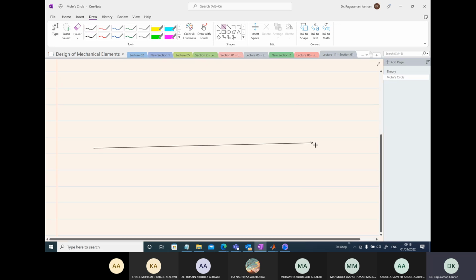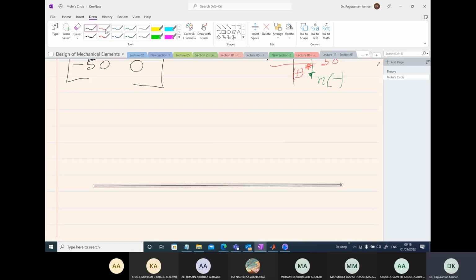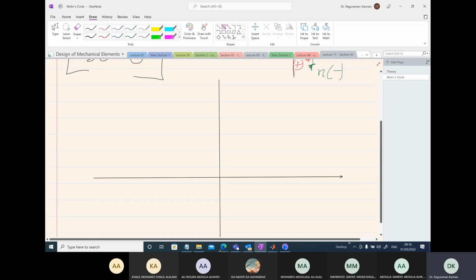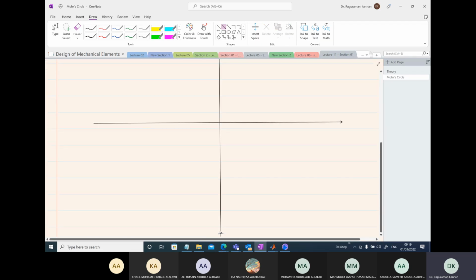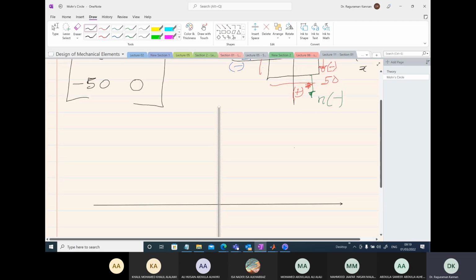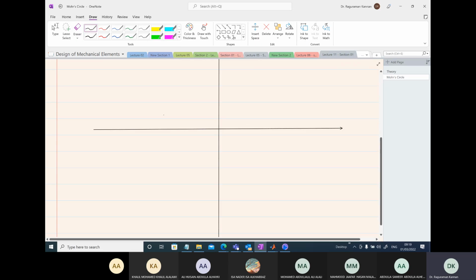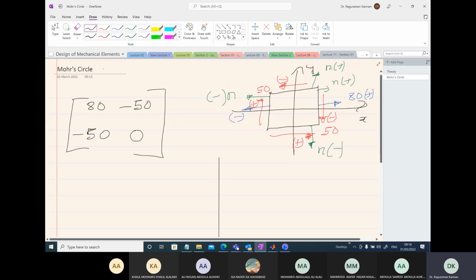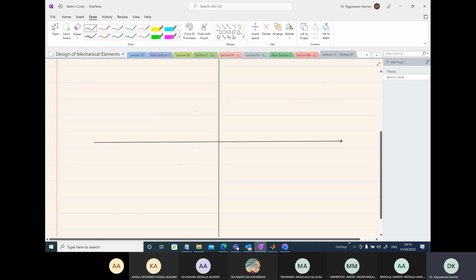So here sigma axis, and we have enough distance up. Tau axis, remember it is positive downward, negative up. Okay, so we have drawn. Let's see,